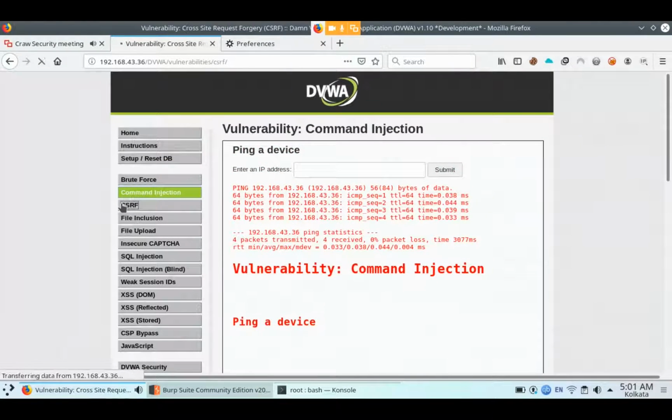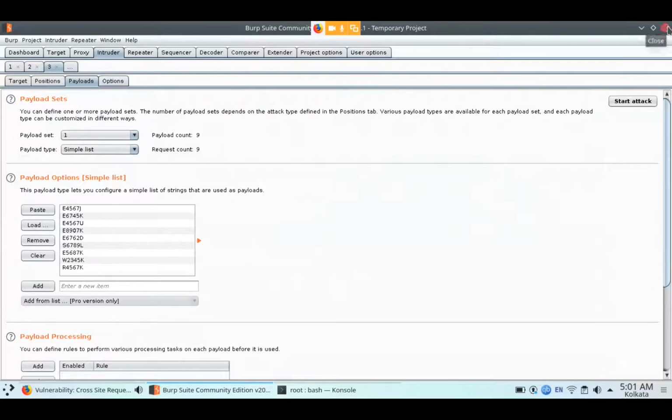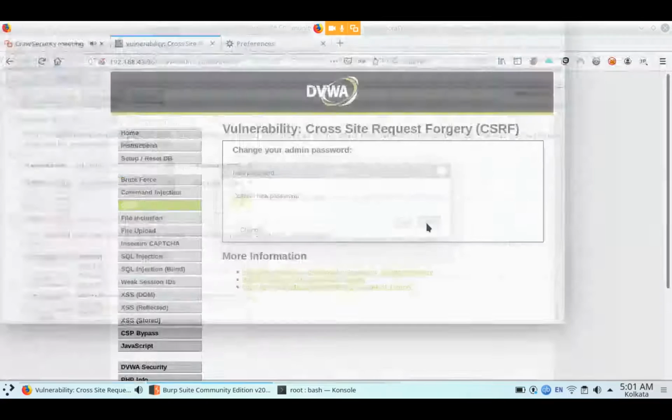Now go to CSRF. In CSRF you have to start the Burp Suite Pro version, because it will not work here. I am closing this and opening the Burp Suite Pro version.